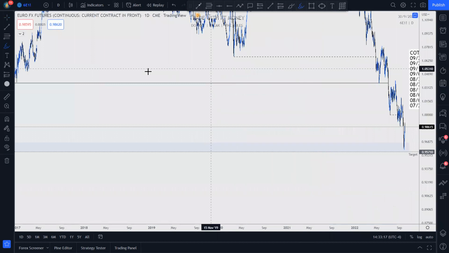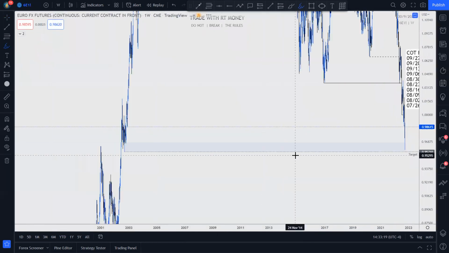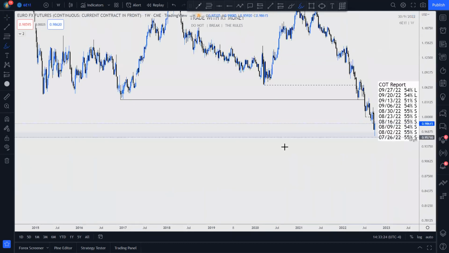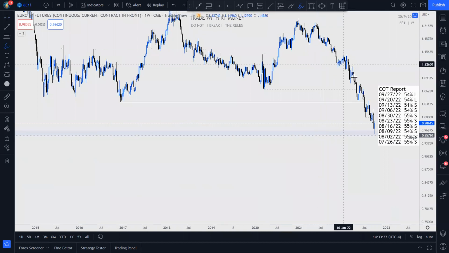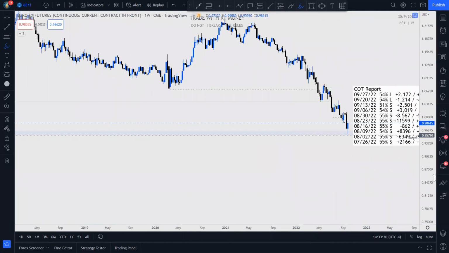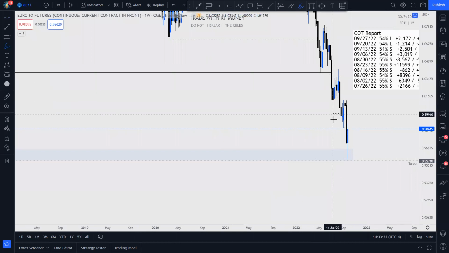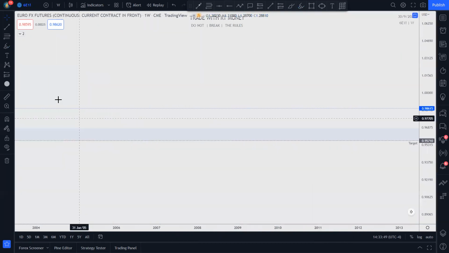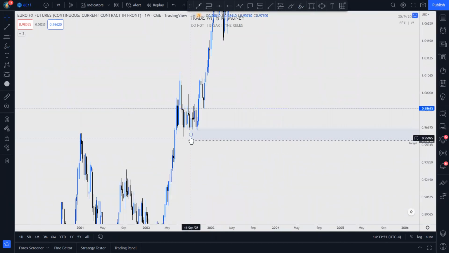All right, and we had a big old break of market structure here, a pivotal one from 2016. That's a 2016 low. All right, and we've been dive bombing since. Price did come back up to the breakout point, but then descended. What are we doing right now? We're reacting at the extreme of this demand zone here. It's a daily demand zone, but it's the extreme of a weekly demand zone.